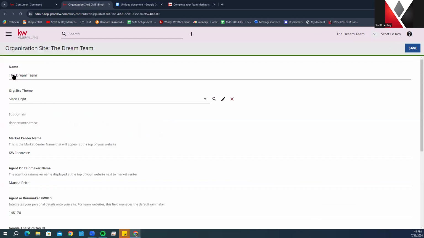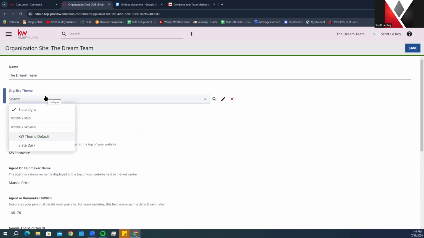So first we have our name, which is going to be the team name. So if by some chance this name is not reflecting correctly on the top left corner of your live website, this is where you're able to update that name, where you can adjust it. Then you have the option to change the theme. So if you want to change how everything looks,